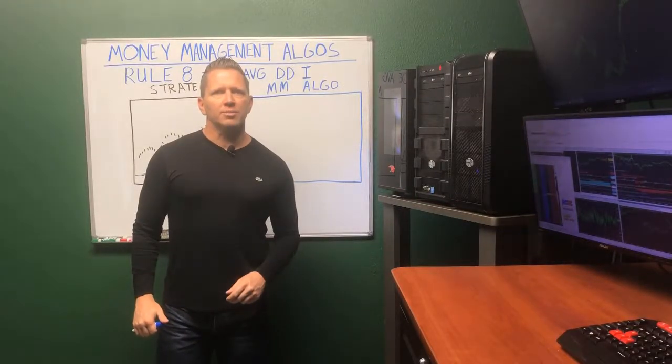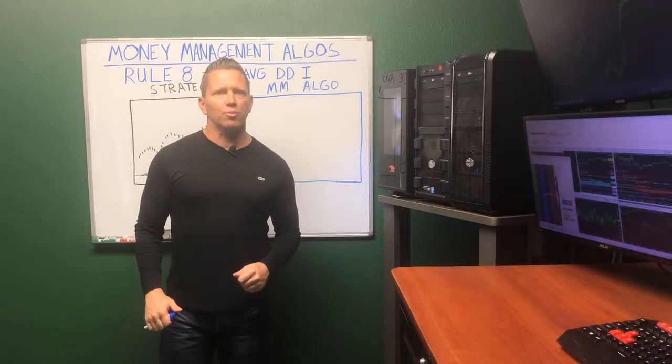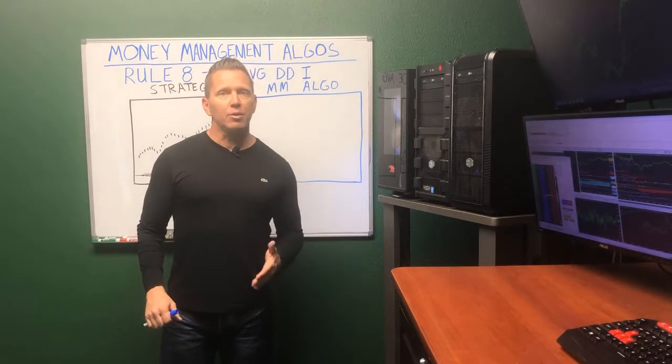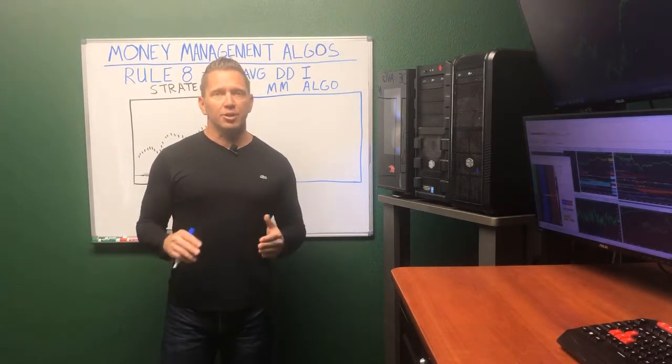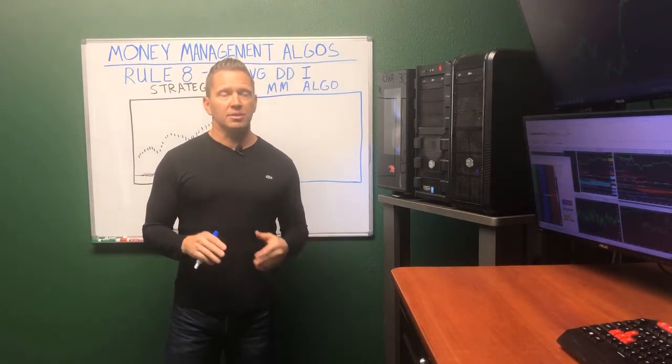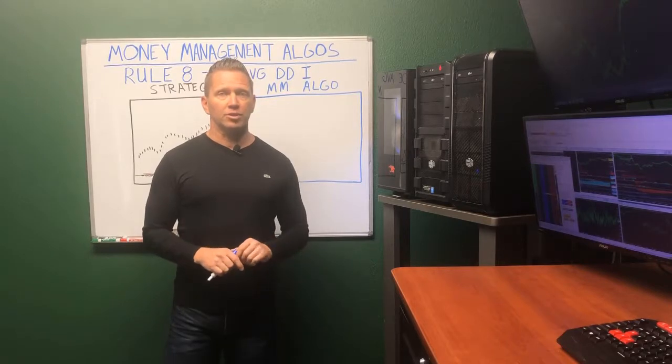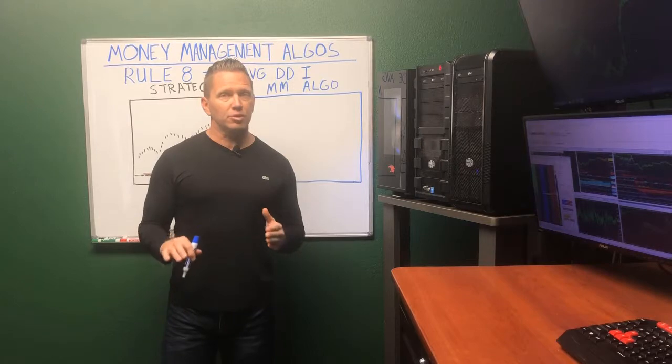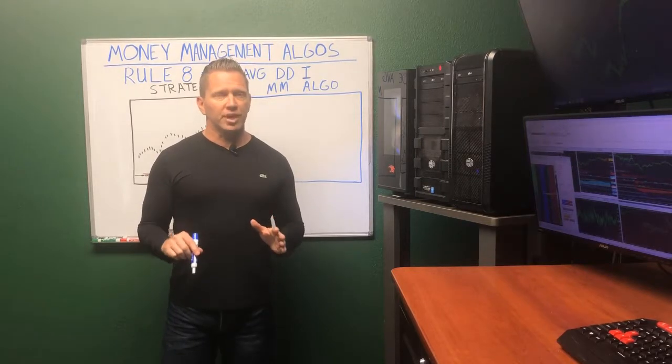Rule 8 of the money management algorithm is the average drawdown 1 of the open equity. So now we're looking at the equity curve on a bar by bar basis, not just at the closed trade point. And so I'm going to explain this one to you. It's a little bit different, a little bit more difficult to understand because we're measuring the moving average of the